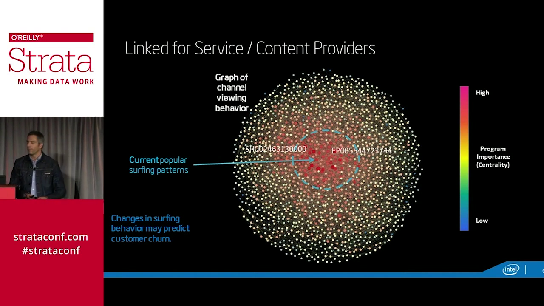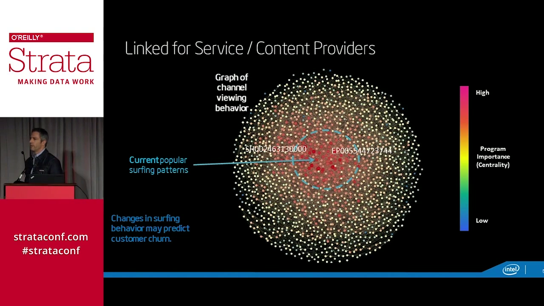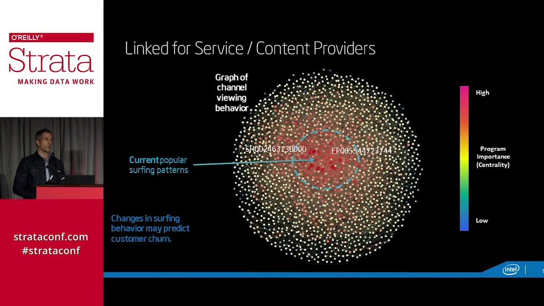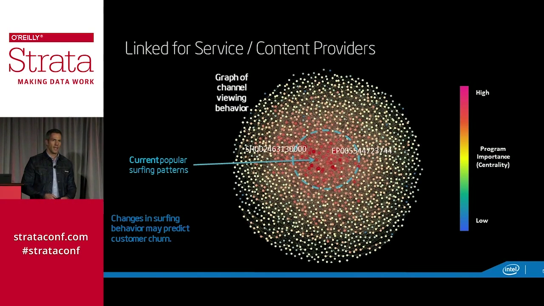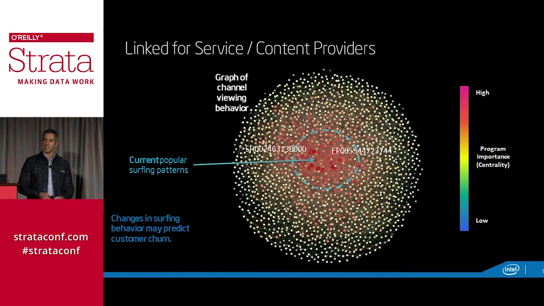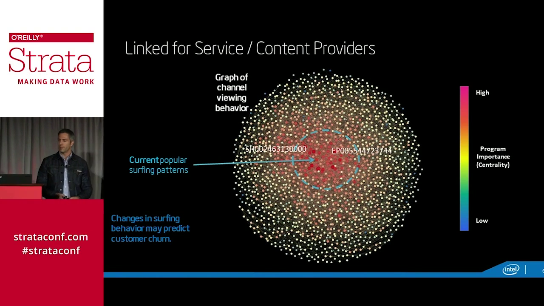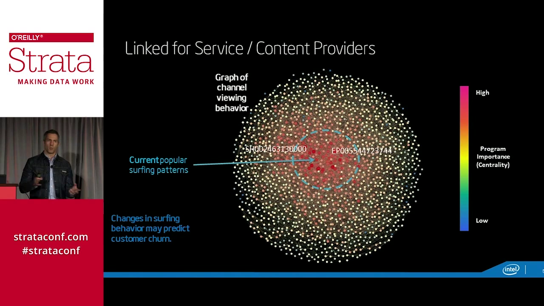by example. So here's a graph that we did with a large service provider customer. The nodes represent channels, and the edges are channel switches. So we're looking at the surfing behavior of people as they watch TV. And by looking at the most treaded paths, we can help the service provider better target their advertising dollars, and also make predictions about where someone's going to switch that may be very non-obvious. But with that, we can advertise on one channel for something that's happening on another.